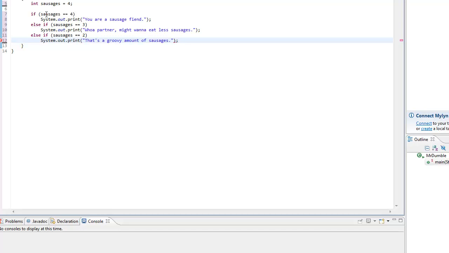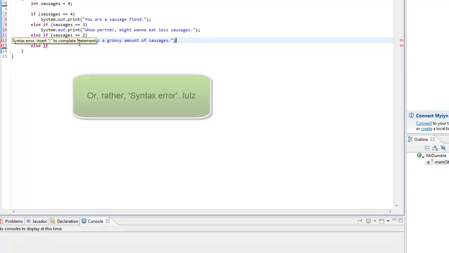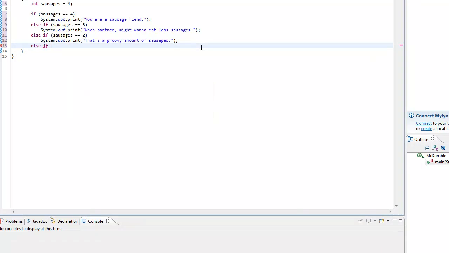And we want to have our semicolon at the end of that, because if we don't, we actually get an official error that says Syntax error, insert semicolon to complete statement, so Eclipse reminds you that's what you want to do. So if you don't, you can just figure out what's wrong that way, but we'd rather have fewer errors